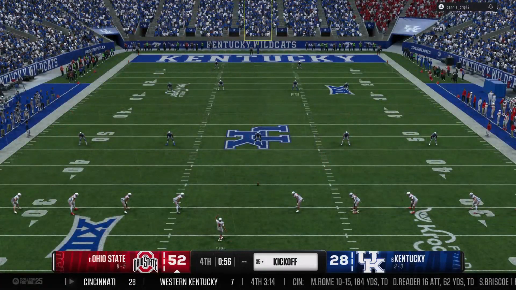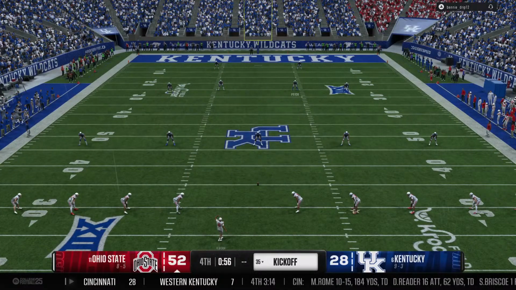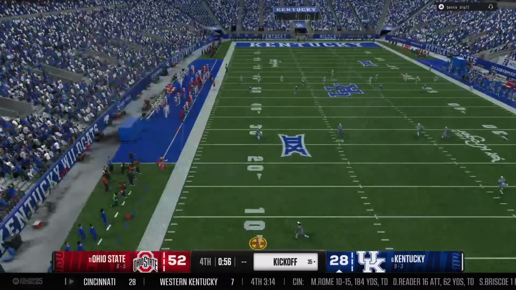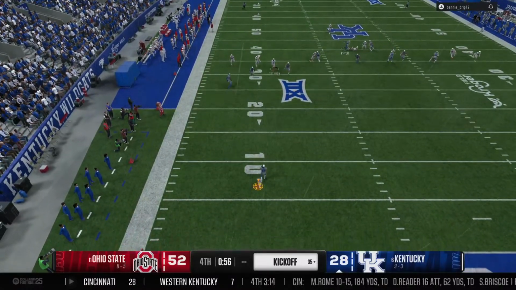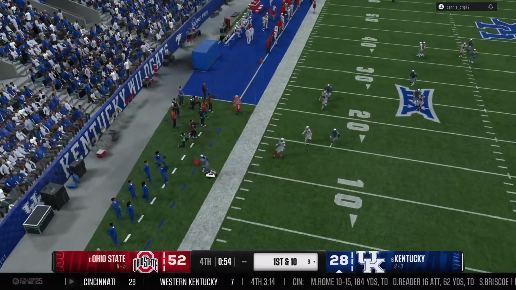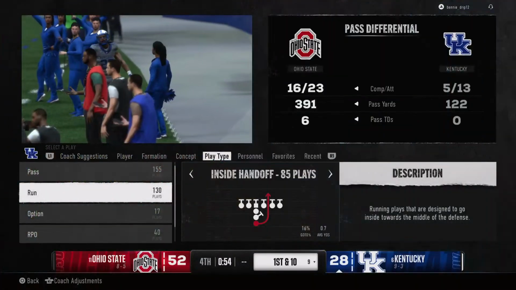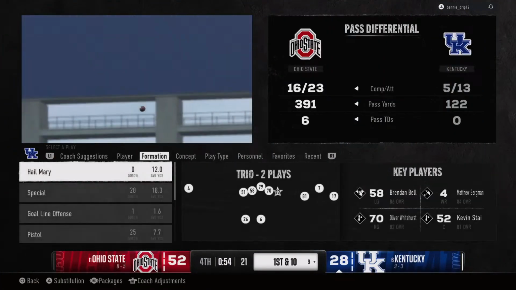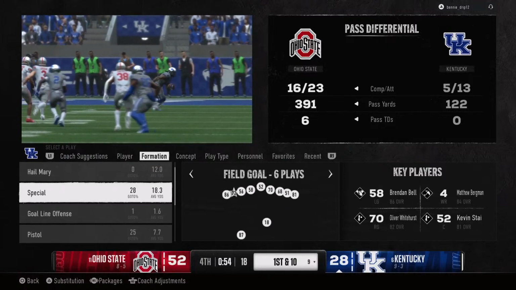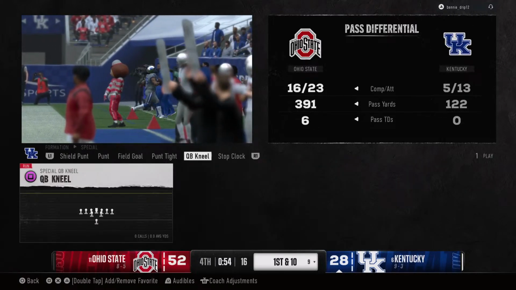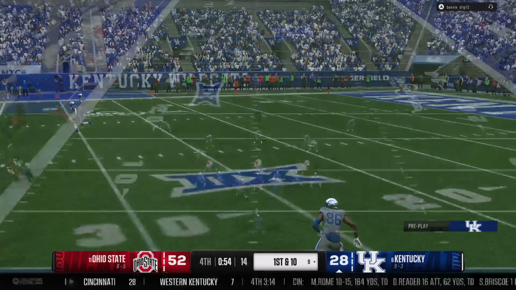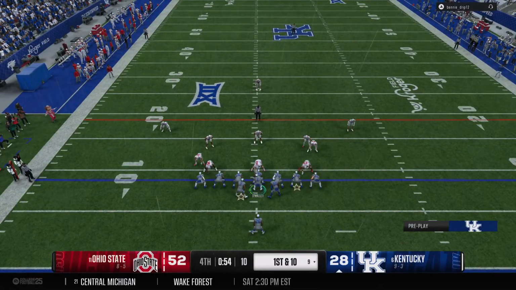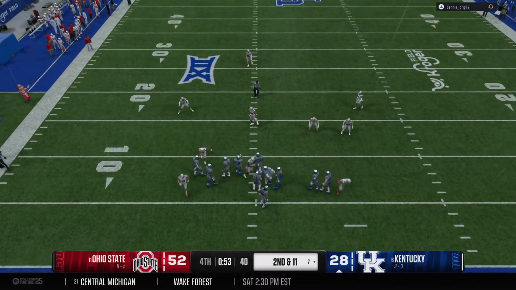Now they get set to kick it away. He'll return it from inside the 10-yard line. Steps out at the 9. Poor return and poor field position to start the drive. With the game out of reach here, the offense will just take a knee, admit defeat, and think about how to improve for the next game.